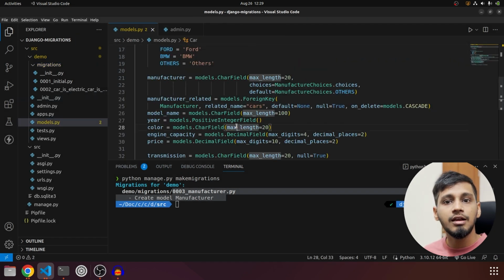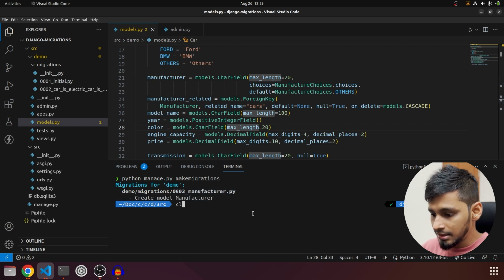Always remember, you cannot delete a migration which is already pushed to the server, or if it is committed, or if you already have a database that exists and it is applied in the database. Because once you delete the migration, Django will try to find its dependency, and then the database will go messed up. So always remember to delete a migration only when it is not pushed to the server, or it is not applied in the database. If you have a database backup and all those things, then you already know what to do and how to do it.